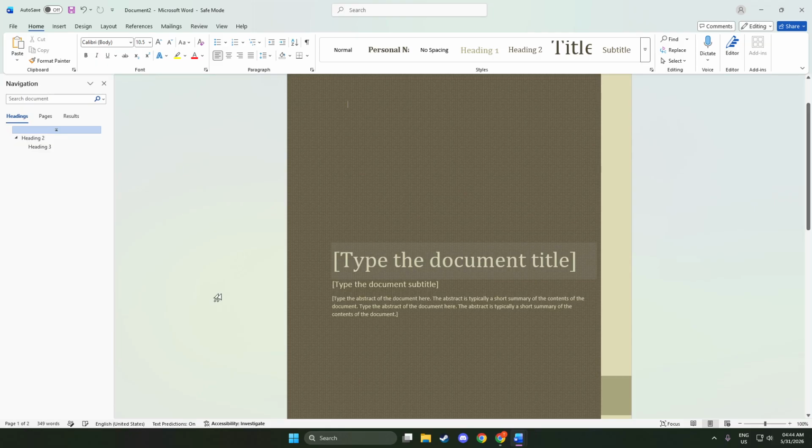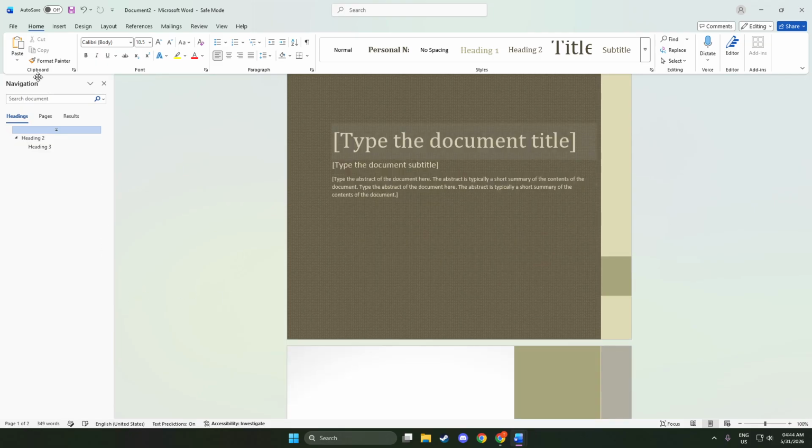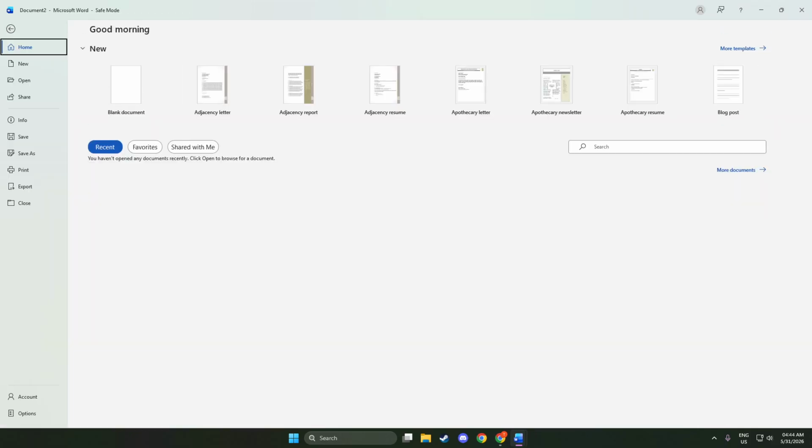Remember, safe mode is a test, not a fix by itself. Its job is to give you a clear direction. If Word behaves normally here, you've narrowed the cause to things that don't load in safe mode. If it still lags, you know to focus on other factors. Either way, you've just taken the most important step toward resolving Microsoft Word lag.